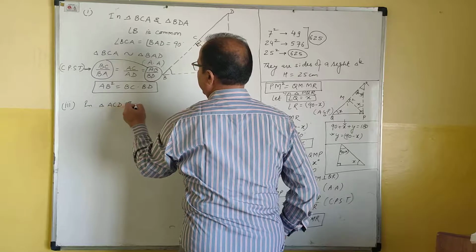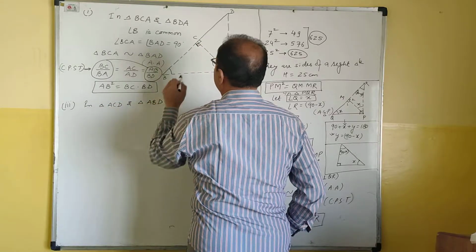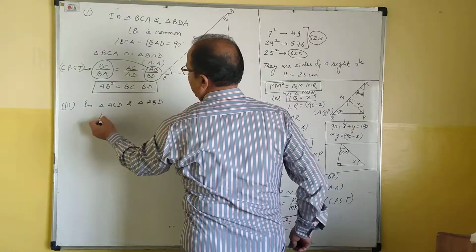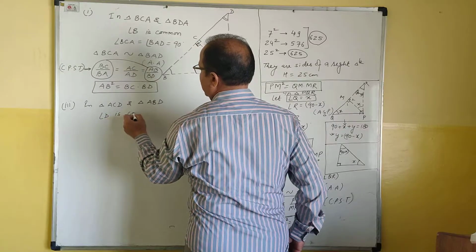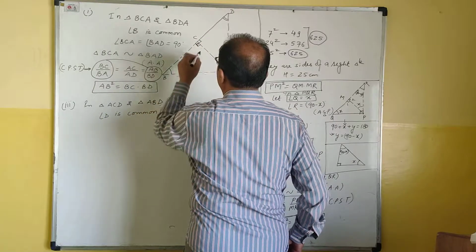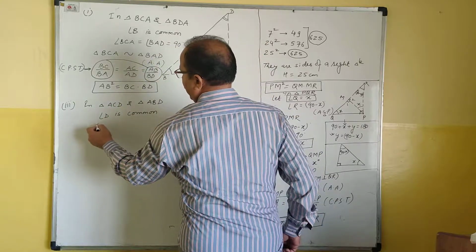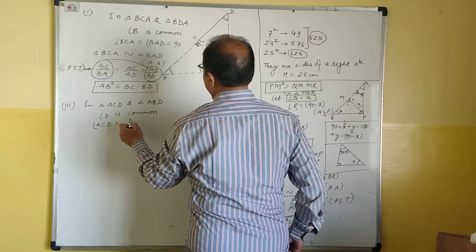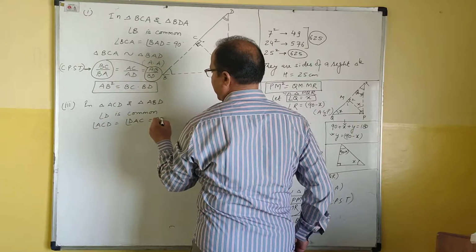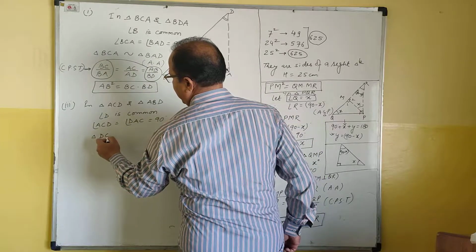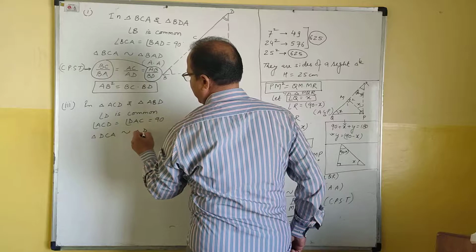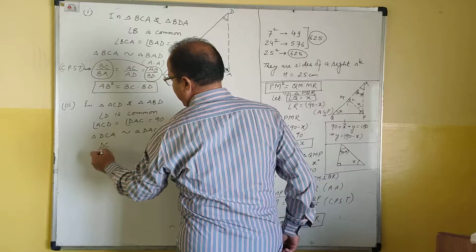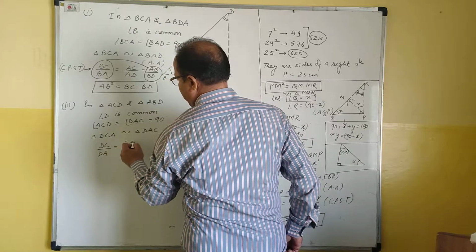So this angle D in this small triangle, and in the big triangle also angle D, they are common, and here in the small triangle we have angle ACD of 90 degrees and in the big triangle we have angle DAC of 90 degrees. So triangle DCA is similar to triangle DAC by angle, and what you can write, DC upon DA is equals to CA,